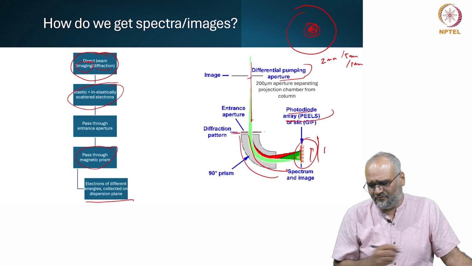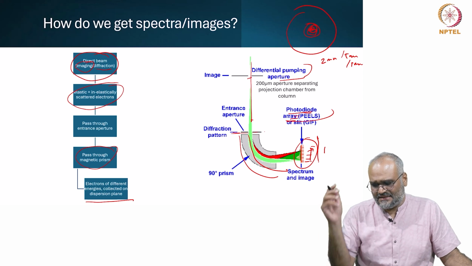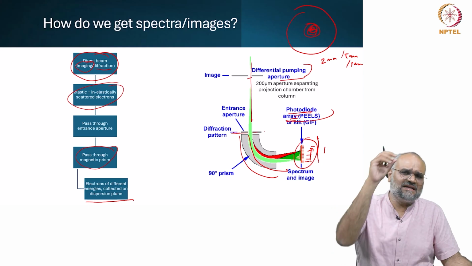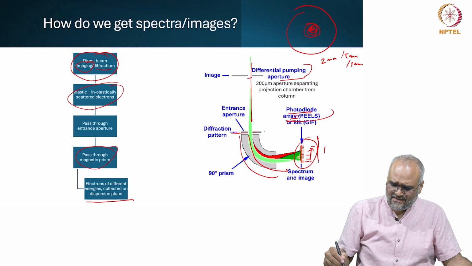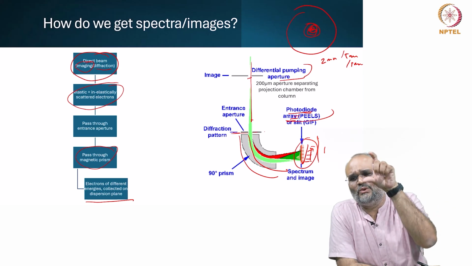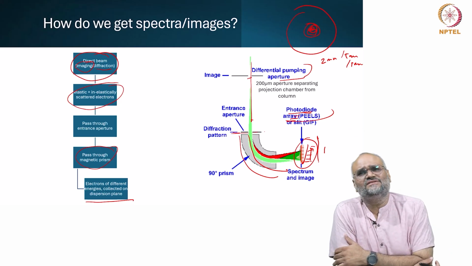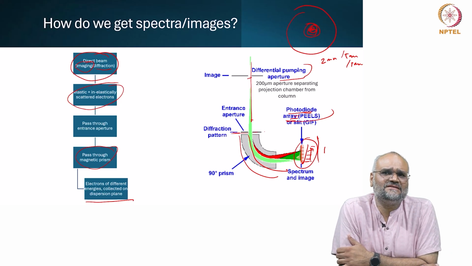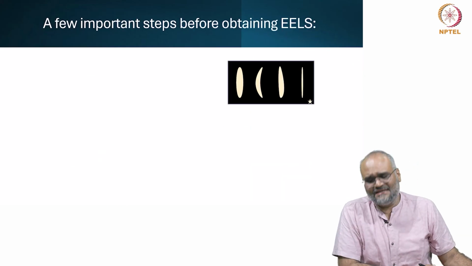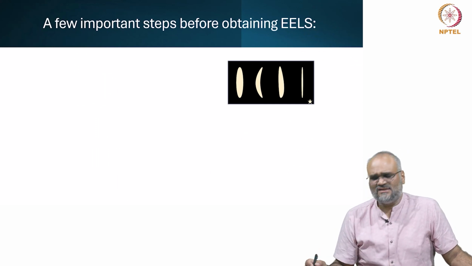arrays, and from each of these pixels or each of these channels of the array, you get a certain number of electrons passing through, and you can get meaningful information on how many electrons corresponding to which energy are actually being collected. And from this, of course, you start getting quantitative information from the ionization edges. So if I look at what is done to obtain an EELS spectrum, typically on your spectrometer, if I am